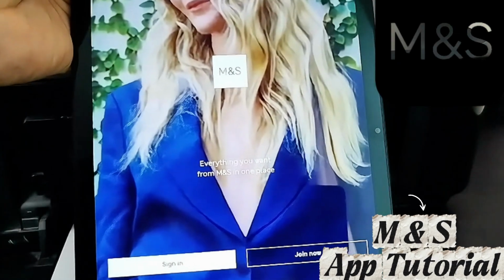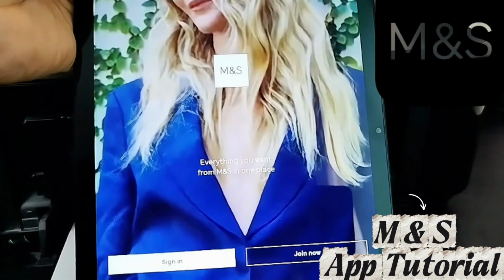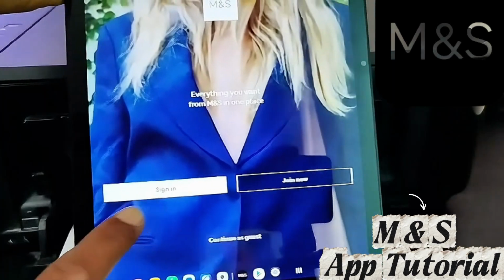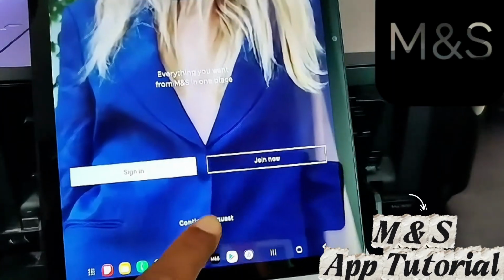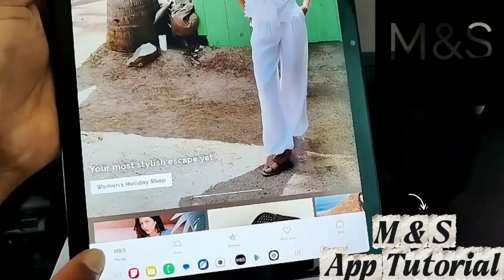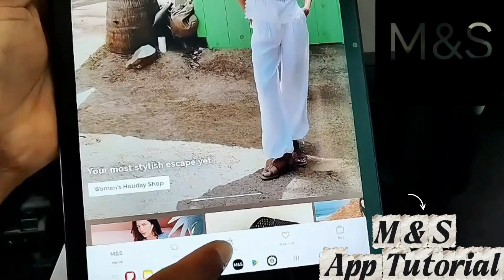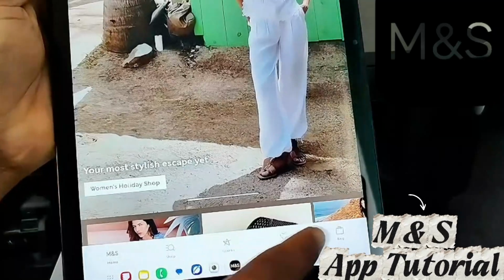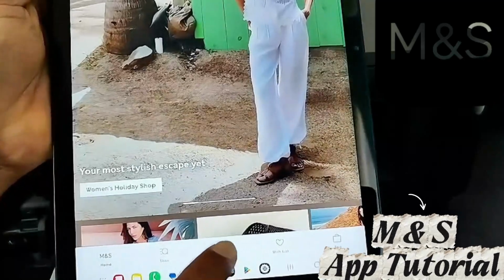M&S, everything you want from Marks and Spencer in one place. Sign in, join, or continue as a guest. This is the app. It will ask for your location. M&S home, shop, Sparks, wish list, bag. So if you go to Sparks,